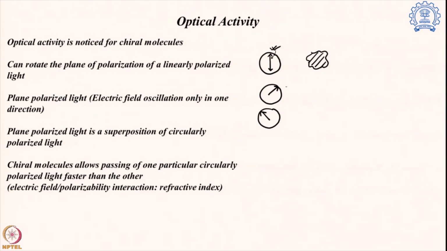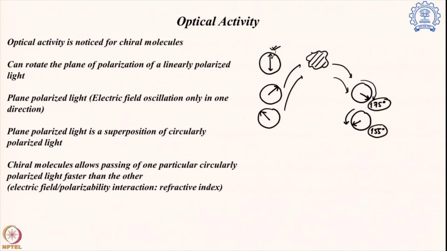Now what happens once they both go through the sample, one of them, say the right hand circular polarized light, is moving faster than the left hand circular polarized light. So previously they were at the same angle of rotation from the beginning, now they are not. So now say it has moved 175 degrees to the right hand side, while the left hand has rotated only 155 degrees. So now what happens,